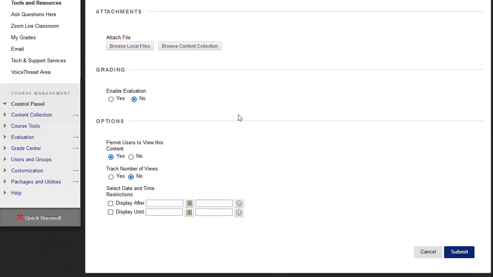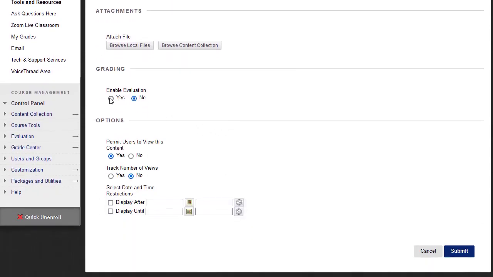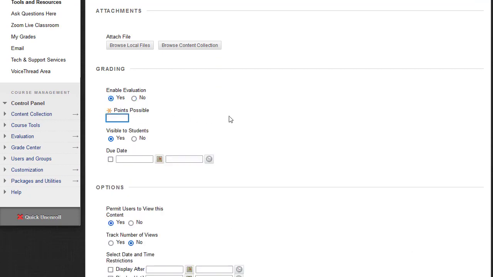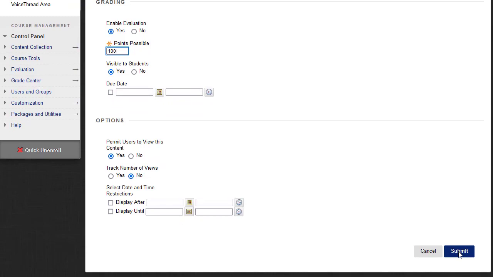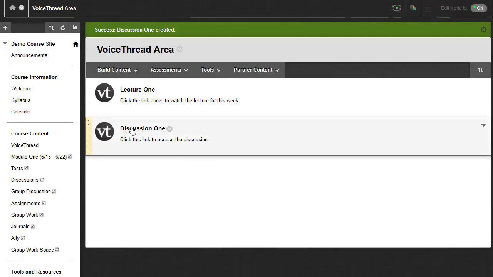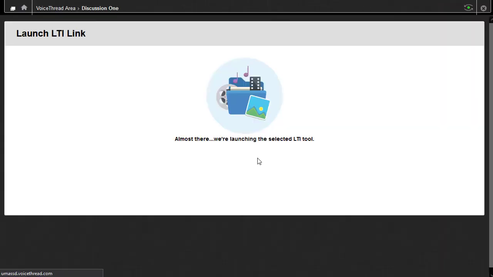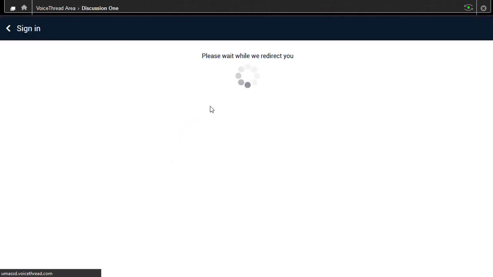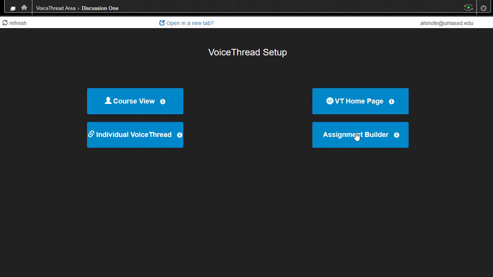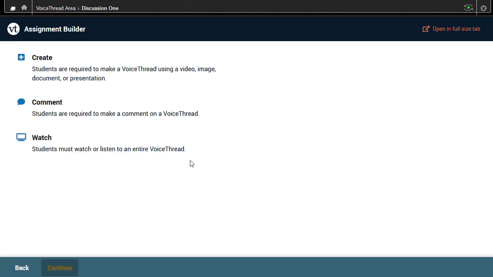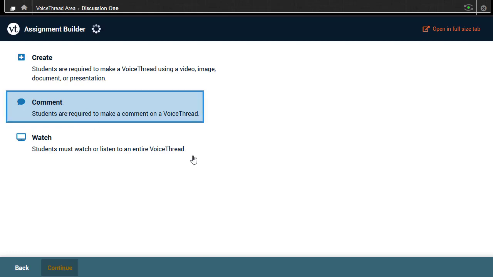And then since I want this to be graded, under Enable Evaluation, I'll choose Yes, and I'm going to grade this discussion out of 100 points. And then I'll click Submit. Now I'll click on that new link that I've created, and VoiceThread's going to give me some options. Here I'm going to choose Assignment Builder, and then Comment. Now I'll click Continue,